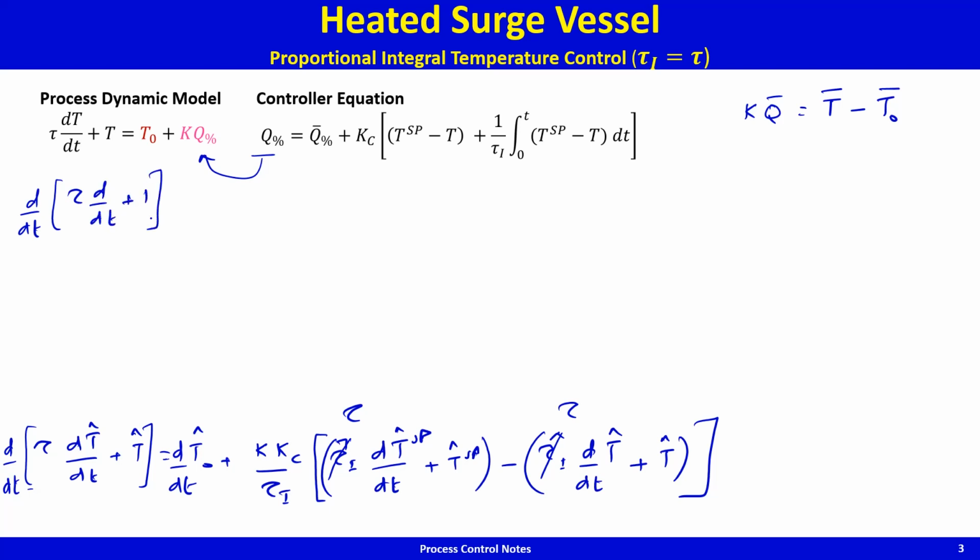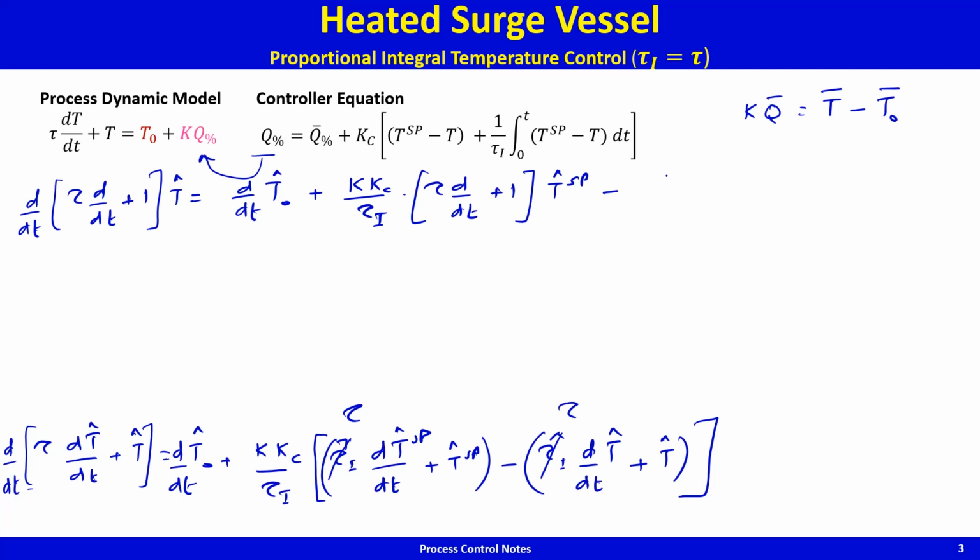This operates on the function T tilde, should be equal to d by dt operating on T naught tilde plus Kc by tau I times the operator tau d by dt plus 1 operating on T set point tilde